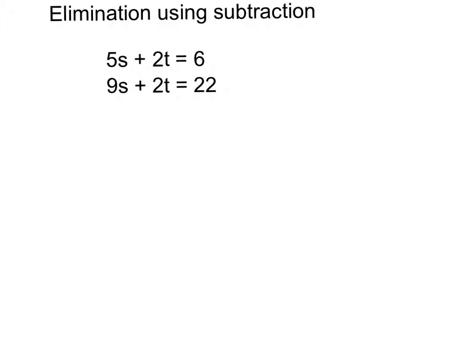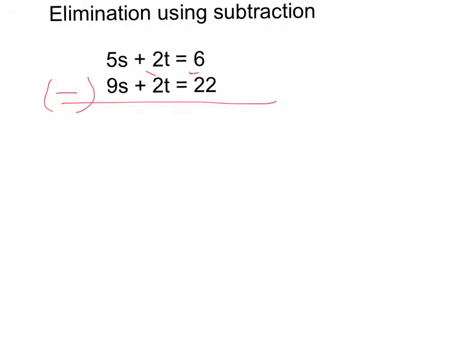Okay, in our next example, we need to solve using subtraction. If you take a look, if I were to try addition, 5s plus 9s would get me to 14. 2t plus 2t gets us to 4t. It doesn't eliminate. However, if we subtract, and I want to make sure I subtract every term,